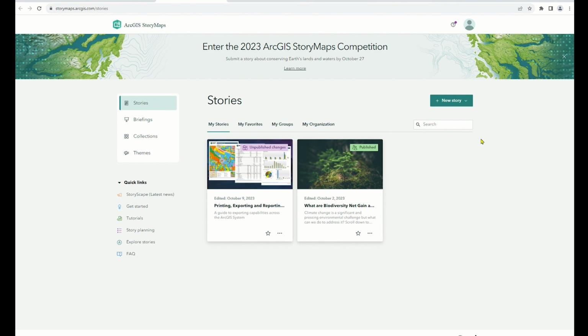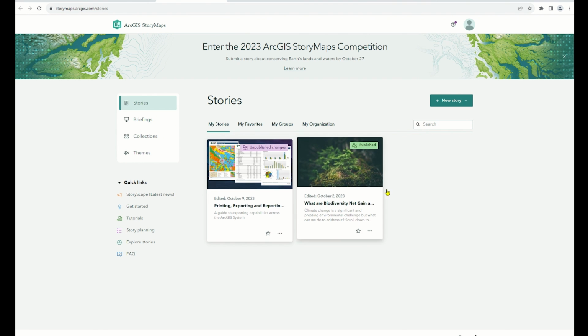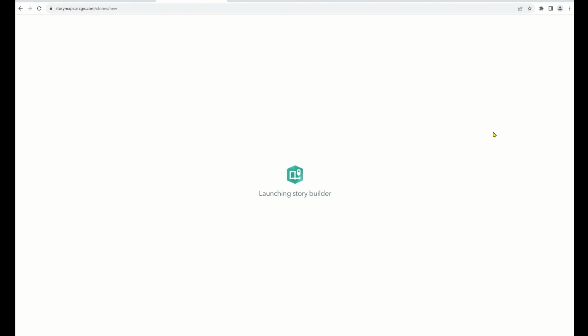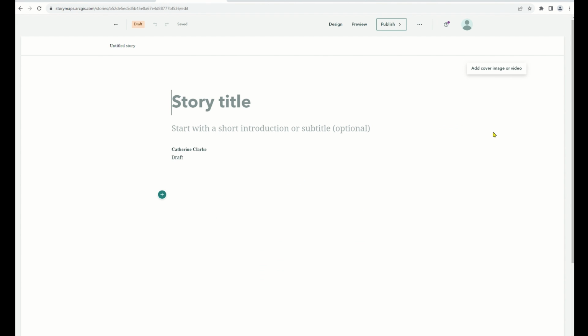So in my StoryMaps homepage, I can see existing stories that I've created, but I've also got this button, New Story, and I'll begin creating a story from scratch. This will load a blank story for me and I can begin to add text and images, etc. to this. I'm going to use the same scenario that I was looking at earlier in Pro, so looking at crime within Bristol. I'll give my story a suitable title,